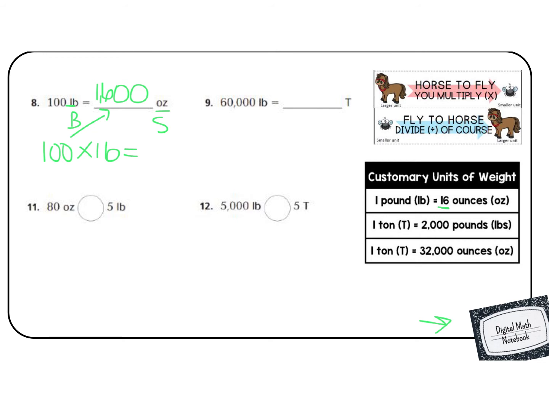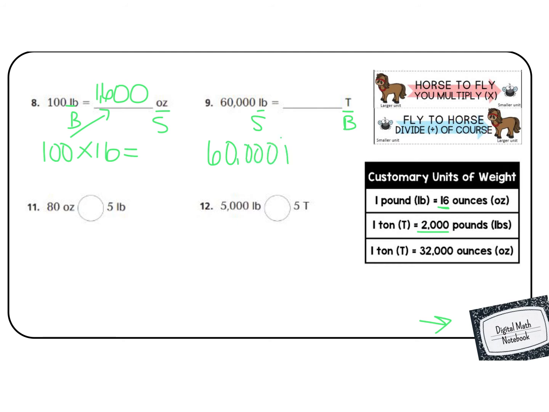In the next one, we have pounds, but we're changing to tons. Pounds are smaller than tons. So if we're going from fly to horse, we divide, of course. And we look at our conversion chart to know that there are 2,000 pounds in a ton. So we need to divide 60,000